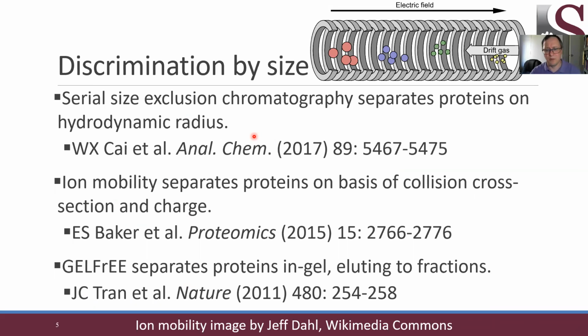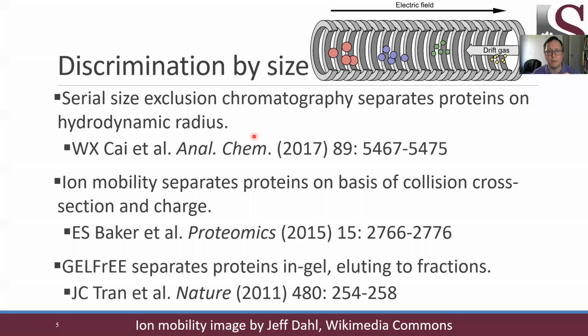I would like to start with this concept of separating on the basis of size. I think a lot of people here have worked with 1D gels at some point. You've tried to separate proteins by sedimenting them into a gel, and the little ones move this speed, the big ones move that speed, etc. So we see that if you do your separations in a normal gel, one of the big problems you're going